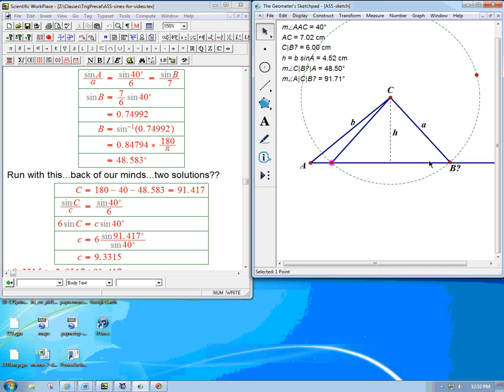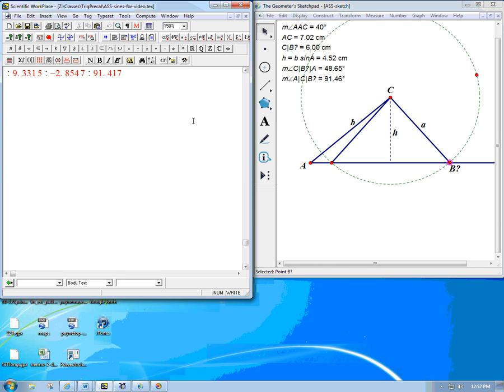So this angle, which we've already calculated, that was 48.5. That's the same as this angle. That allows us to calculate what this angle is. That's the other possible version of angle B, because this is another possible location that B could be in. And so that's what we need to do, is we start over from right here. We start over. The other possibility